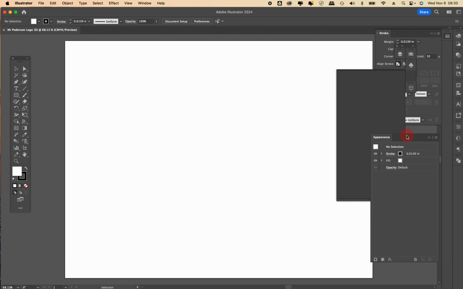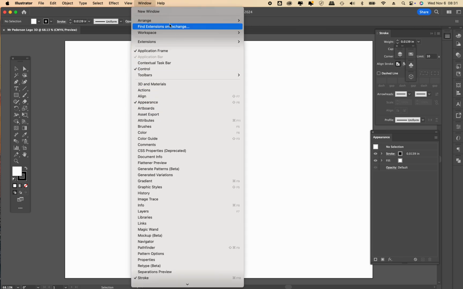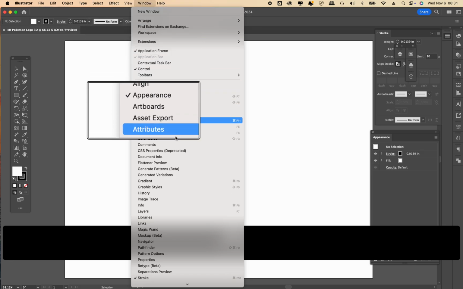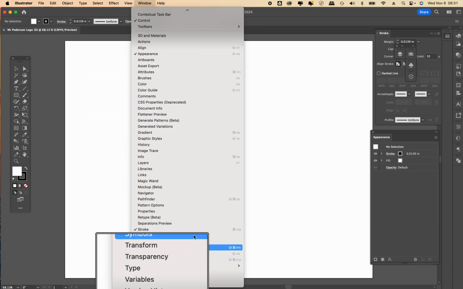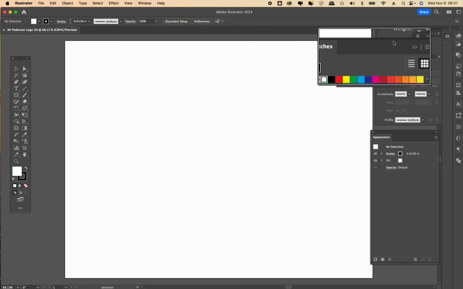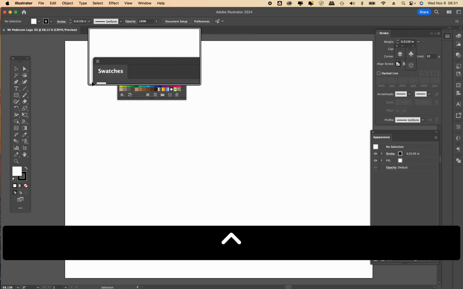Now, one of the things that we're going to need to open before we get started is we're going to need to open up our color swatches. Mine's over here on the panel. If you've forgotten how to find your color swatches, just open up Window at the very top, scroll down, and we're going to go all the way down to swatches. We're going to turn that on, and you've got this. And just tear that off. We've got the swatches,